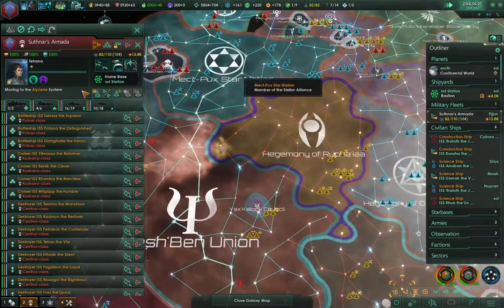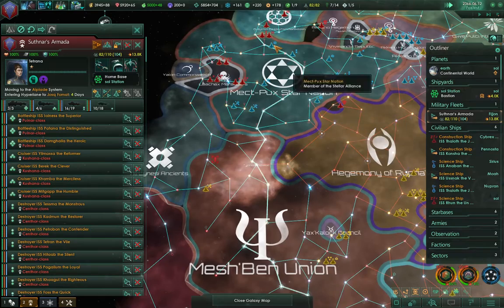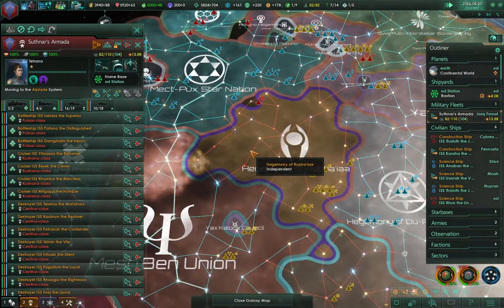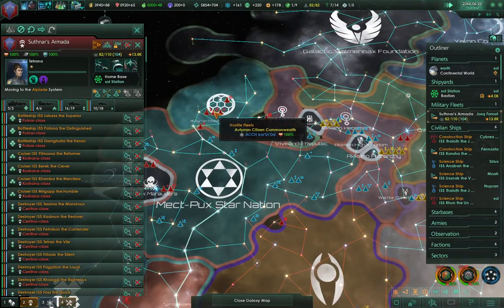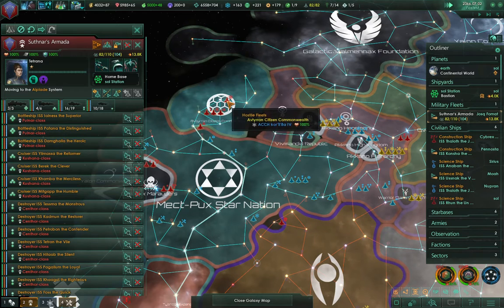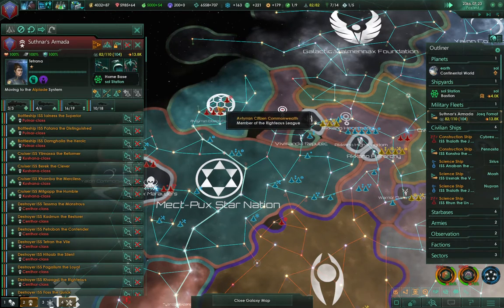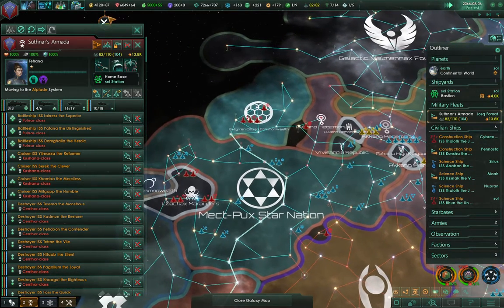My fleet is on its way. I think the war's going to be over before my fleet even gets there. It's on the opposite side of the damn galaxy. Didn't even know there was a war. Okay, it looks like their fleet's been worn down. Hopefully I'll be able to maintain. I got 13,000. They got what seems to be 3,000. And it's damaged, so